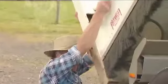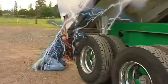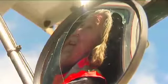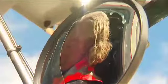By making contact with these overhead power lines, the tipper truck completed an electrical circuit with the electricity passing through the raised trailer to earth and also through the man operating the tailgate at the rear of the truck. Normally the driver is safe in the cab until the power company shuts off supply. In this instance, there is the threat of fire and he needs to get out of there as quickly as